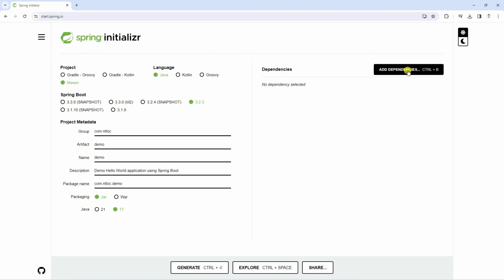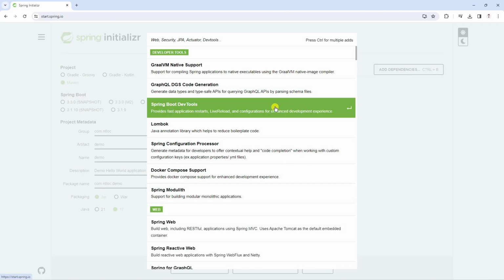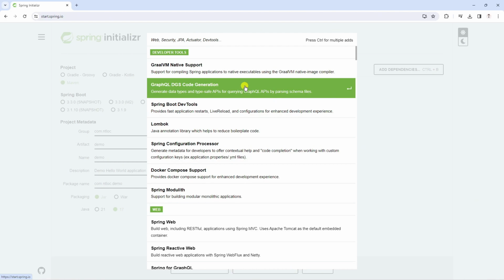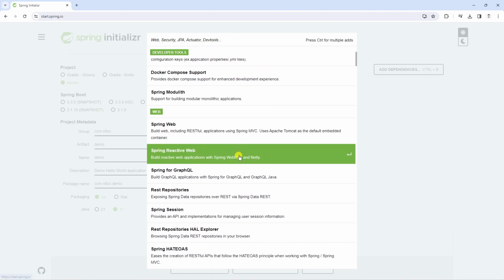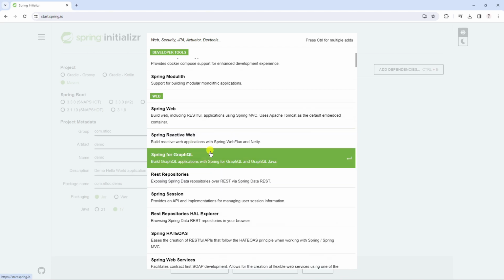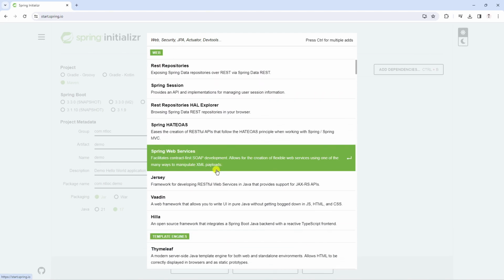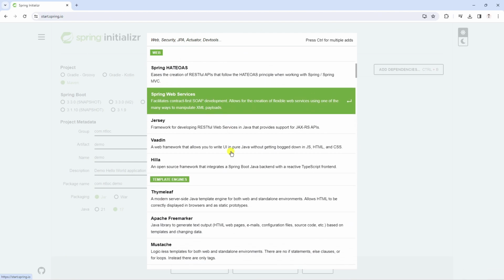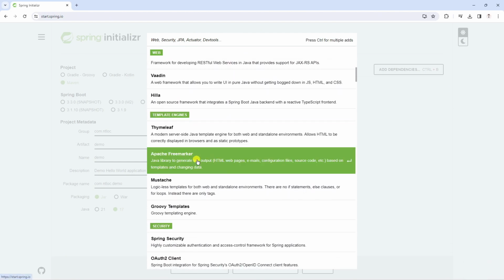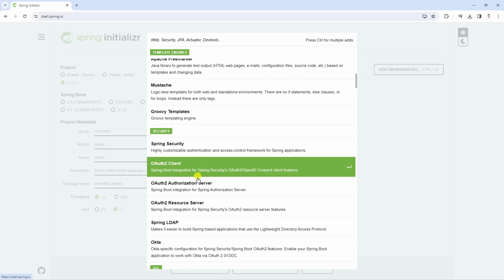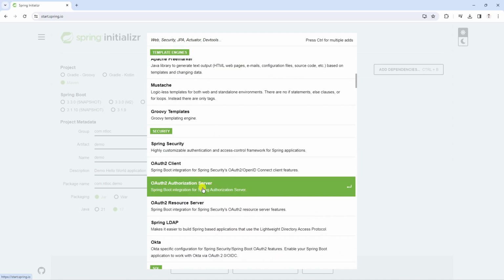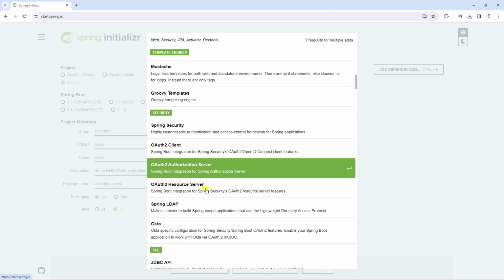Let's click on add dependency. As you can see in here, Spring provides a lot of dependencies that you can choose to set up your application. For example, you can choose Spring Reactive Web or Spring Web Services, and for templates, Apache FreeMarker. Spring Security, if you need it, you can apply it.